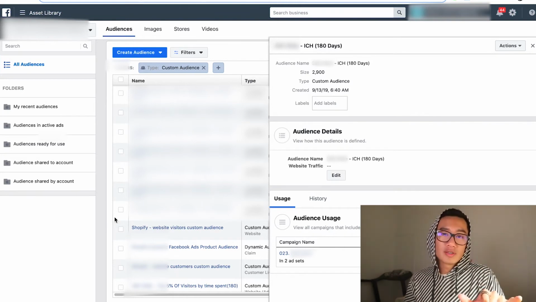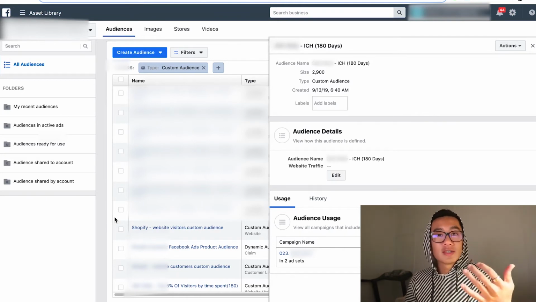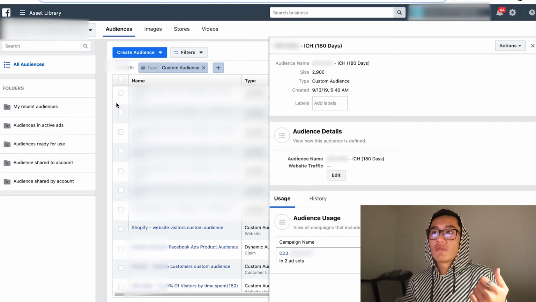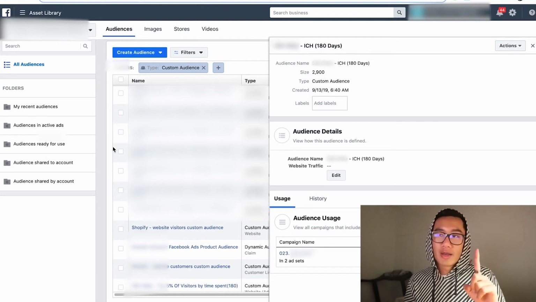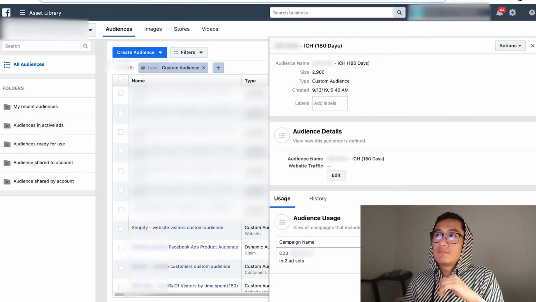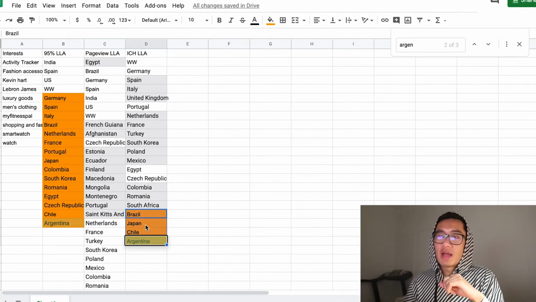extra lookalike audiences. So now I'm going to go ahead and create 7 ad sets and have each one of these lookalike audiences be one ad set. Now that there's 7, I'm going to launch them at $20 each, and 1 or 2 out of the 7 will be pretty highly profitable, and I'll go ahead and move those 2 into the new CBO offsprings that I create. I'm going to go ahead and launch these ads for Brazil, Japan, Chile, Argentina,